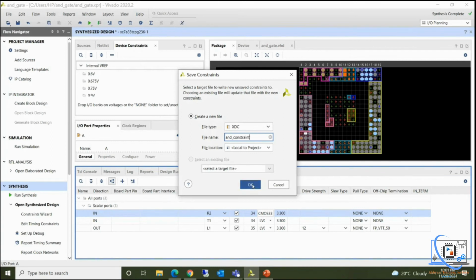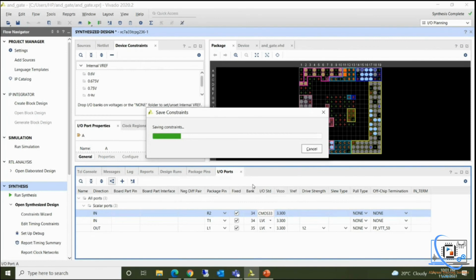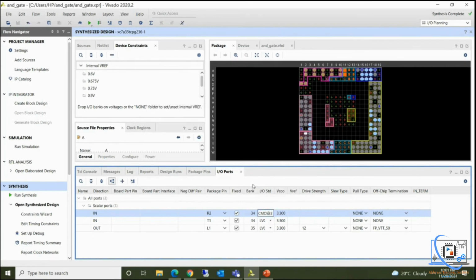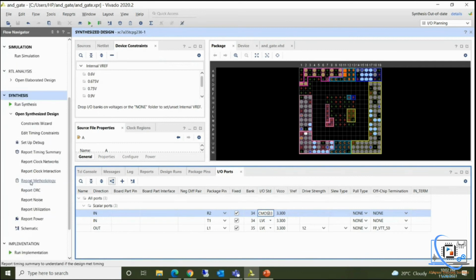I'm saving this. Creating a constraint file means you are assigning your A, B, C input output ports to the actual ports on the FPGA board. After saving this, we will run the implementation.